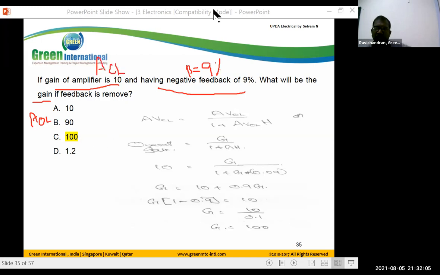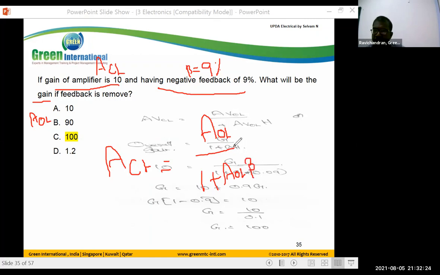Now we know the formula: A CL is equal to A OL divided by 1 plus A OL into beta. 10 is equal to